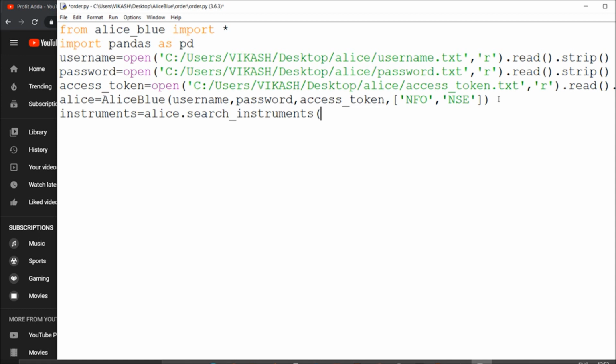That's it. Wherever I am calling these instruments, I should put them in a data frame, so it will be easy for me to fetch. We'll store this as instruments, and we will print this.